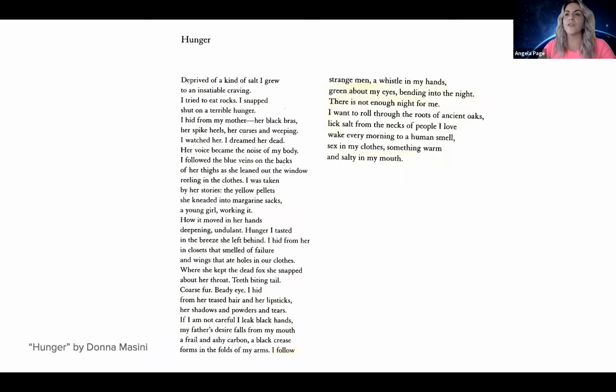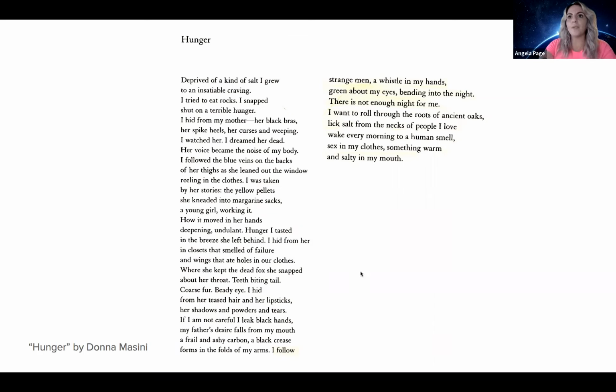Okay, so this is a really interesting piece. I'm just going to talk a little bit about the work itself before we talk about the concepts of assonance and consonants that we're discussing today. And I really just want to point back to some of the other concepts that we've gone over in the last couple of weeks. So there's a lot of really great imagery in this poem.